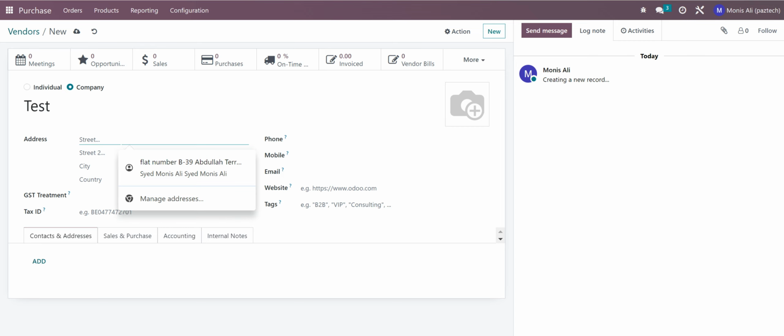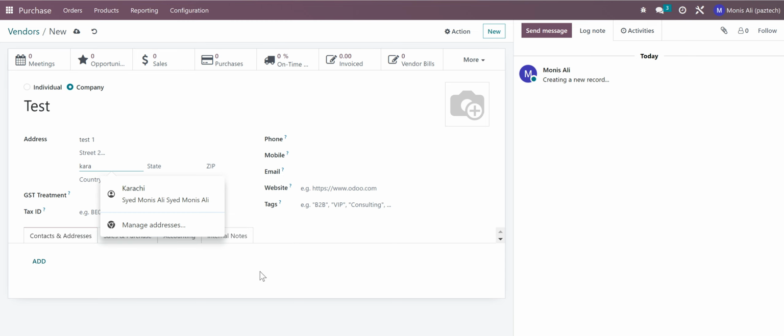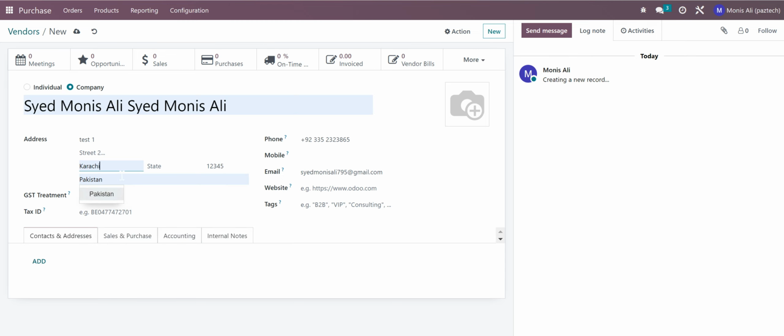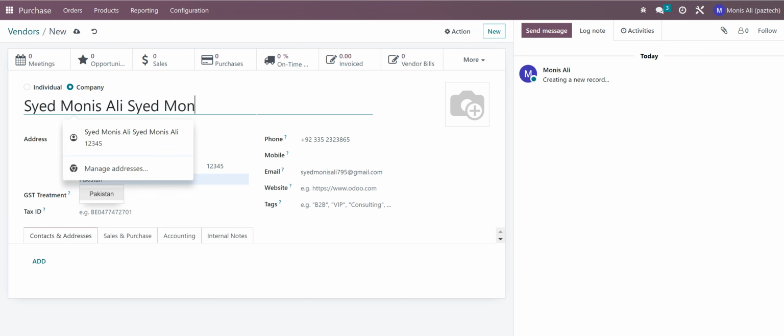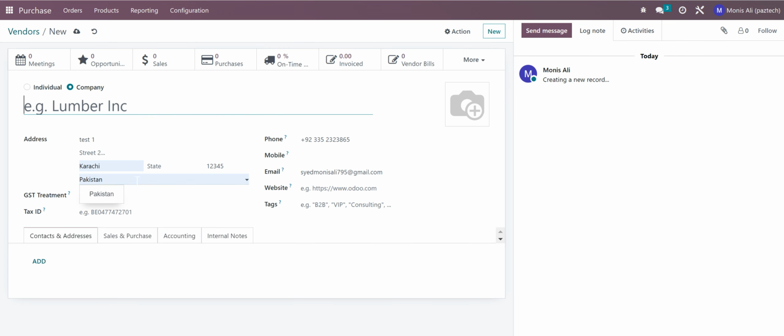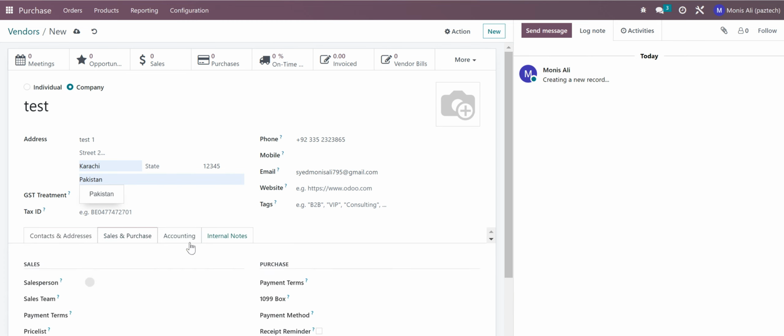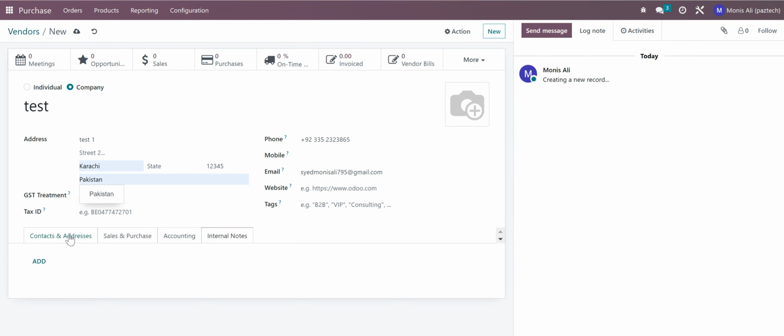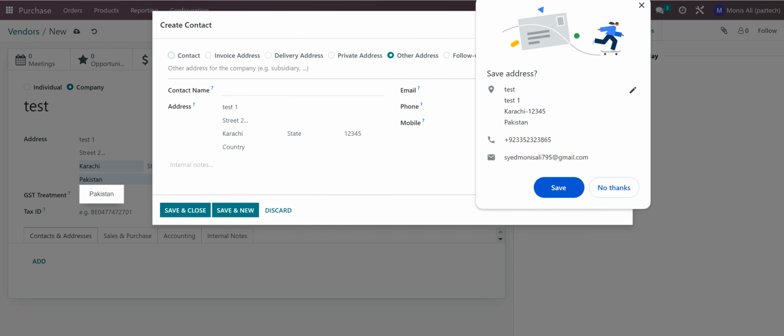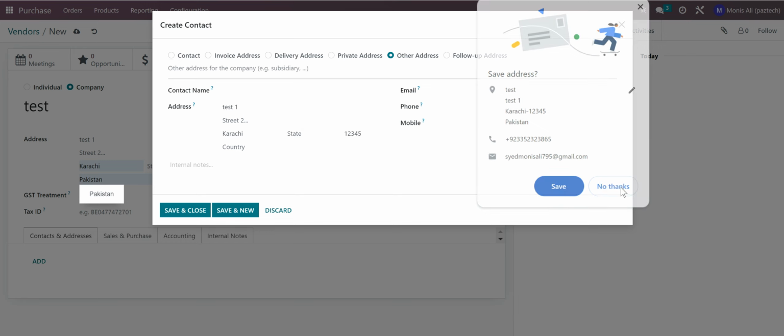Now here we can define the address, test 1, city Karachi. In the contact and address section you can define the contact number, contact name, person, or anything related to the